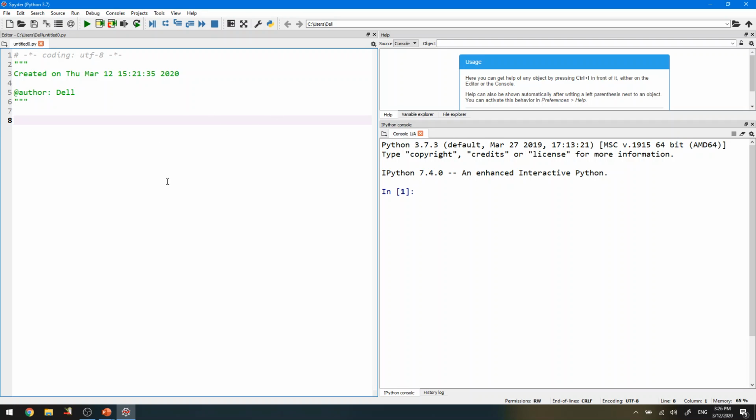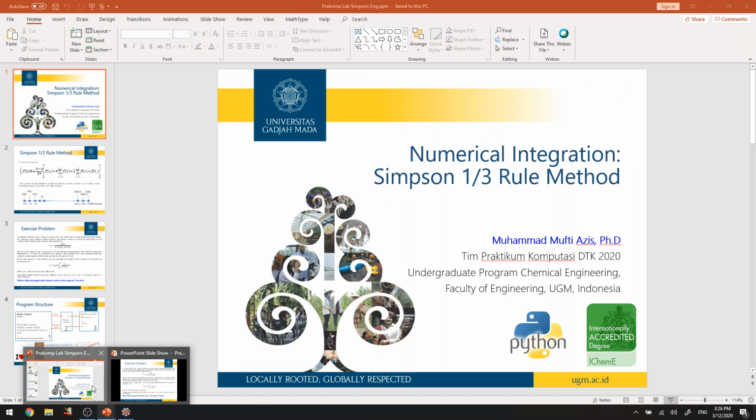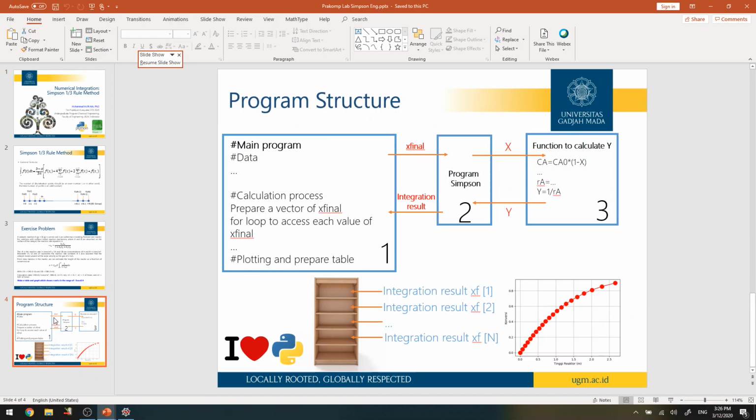It has an editor window, the place where we will write all our programs, main program and subroutines. Then there is the variable explorer or file explorer, and then we have the console, which is something like the command window in MATLAB. So back to this exercise,